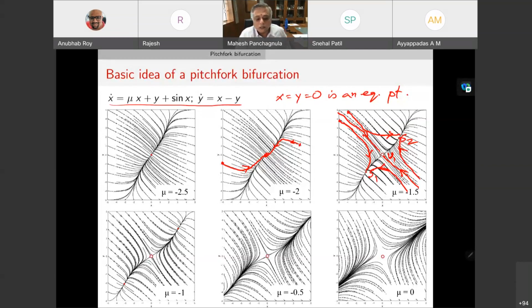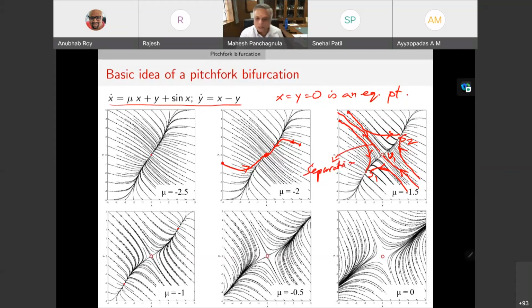Okay. So this is a simple example of what is called a pitchfork bifurcation. So what used to be a single stable solution, as this parameter is varied, becomes unstable. And in place of that one unstable solution, you have two stable solutions that branch out at a critical value of mu. Okay. Now, like I said early on, this kind of unstable separatrix. So this is our separatrix in this problem.